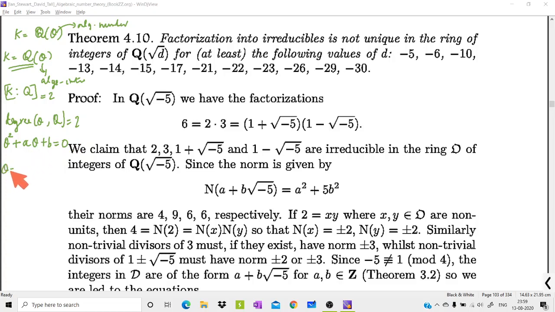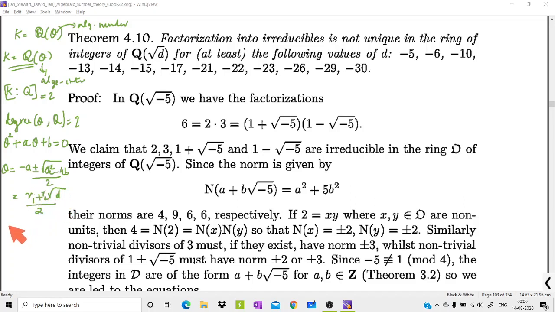From this you can write theta equal to minus a plus or minus the root of a squared minus 4b, divided by 2. So you can write it as some rational number r1 plus this root. Of course, this a squared minus 4b is always an integer, because a and b are integers. So this can be written as some r2 times root d. This d is a square free number. r2 is again an integer, where r1 and r2 are integers, divided by 2.